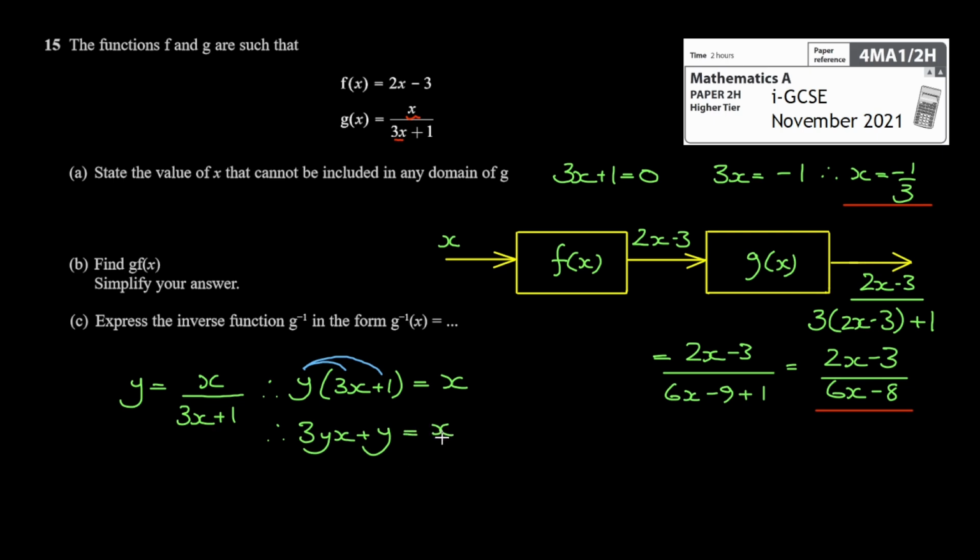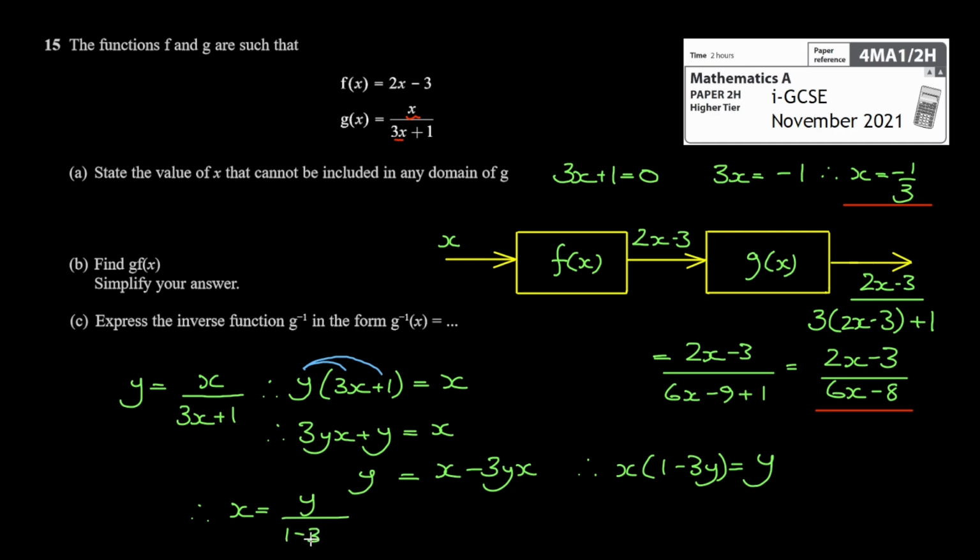So we now need to make x the subject. So this is equal to x, which hasn't moved. It's joined by 3yx, but has turned negative because we're subtracting 3yx from both sides, or indeed just throw it over the equal sign. It turns negative, and y remains on this side. So now I'm going to swap the whole thing over and take x out as a factor. So I get x(1 minus 3y) is equal to y. So therefore, dividing by the bracket 1 minus 3y, I get that x is equal to y divided by 1